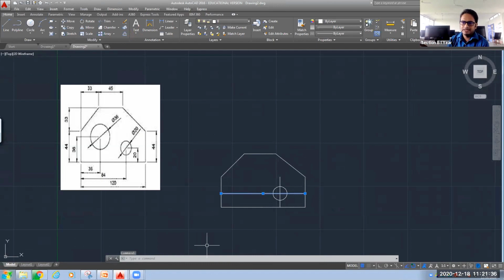So one thing we can delete that, or if you remember in the beginning, I have told you about different types of lines, and wherever there is any circle, we need to specify a center line. Center line was nothing but one big dash, one small dash, or small dot. Big dash, small dash, big dash, small dash, or simple dot. So you can convert this into a center line also.